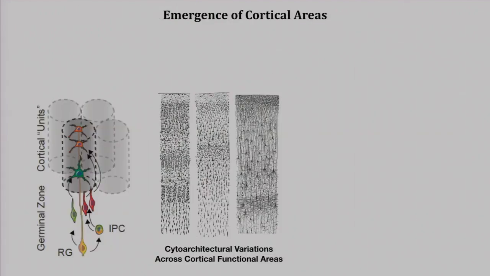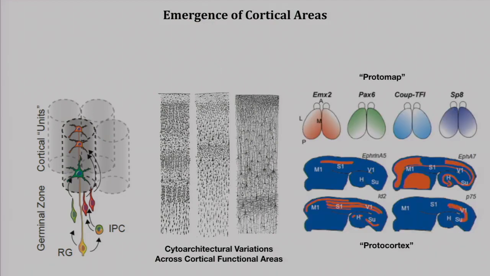Next, as I said, most of these developmental processes seem to occur similarly across different areas. So how do you generate the regional diversity in the developing brain? As I mentioned earlier on, it's been appreciated for many decades that the cellular composition, the distribution, and even the lamination of the cerebrocortical areas is very diverse, and yet there seems to be this serial homology of developmental mechanisms. So how do you arrive at this diversity?